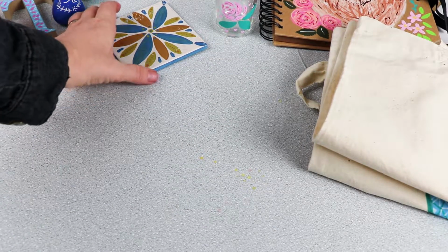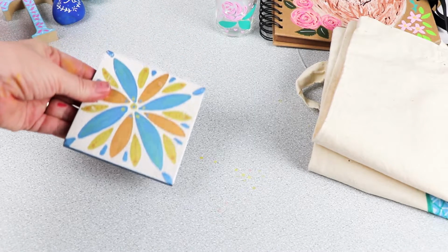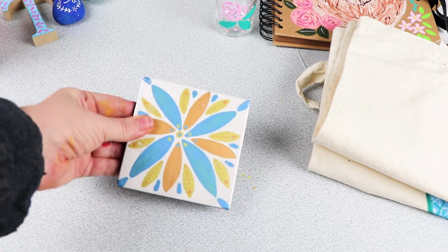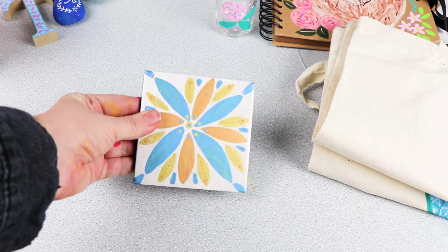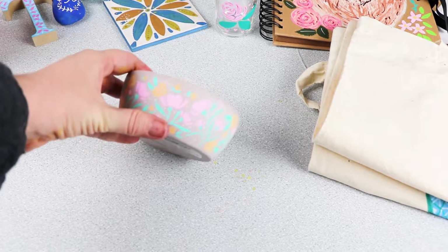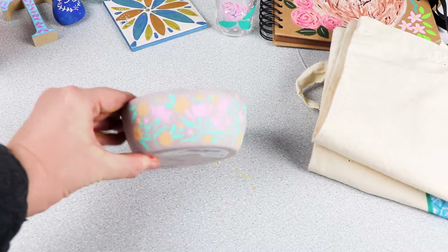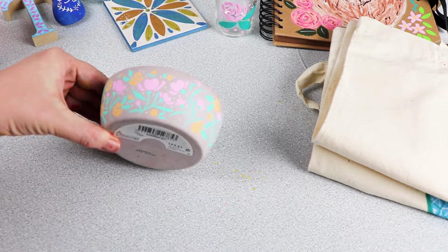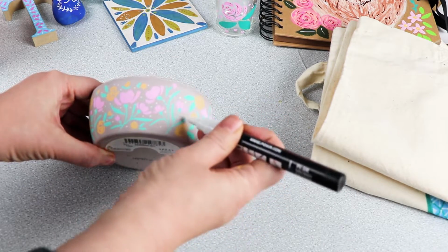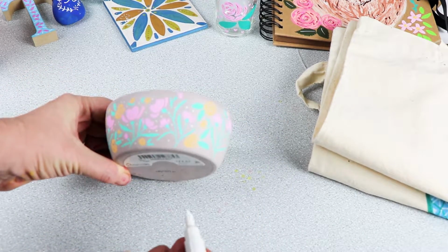So POSCA pens also work on ceramics. This is just, I've used the metallic POSCAs to create this tile design on a ceramic tile. I've also used some lighter POSCAs on this dark ceramic votive, and I'll just show you how easy it is to apply. You can work straight on and it just sits very nicely